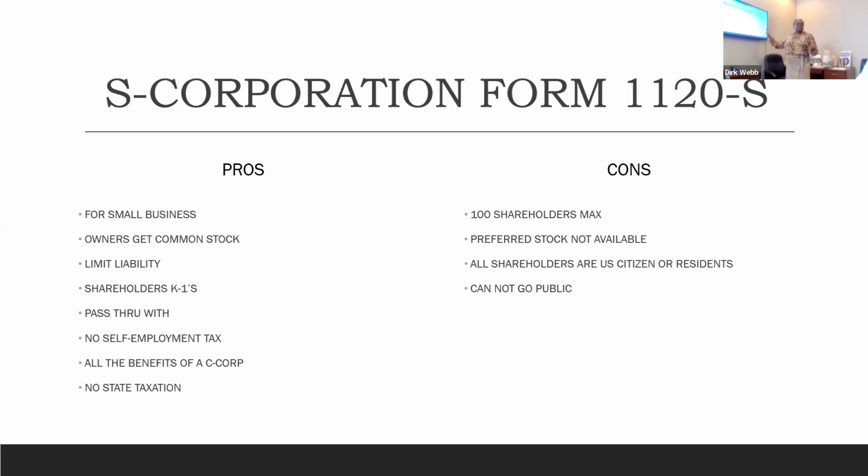That's all the S-Corp is. So the S-Corp is just telling the IRS that I'm an LLC, I may have one owner or 20 owners, but I don't want to be taxed as a partnership. I want to be taxed as an S-Corp.